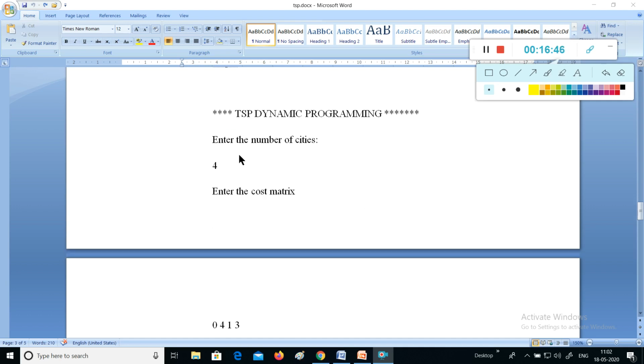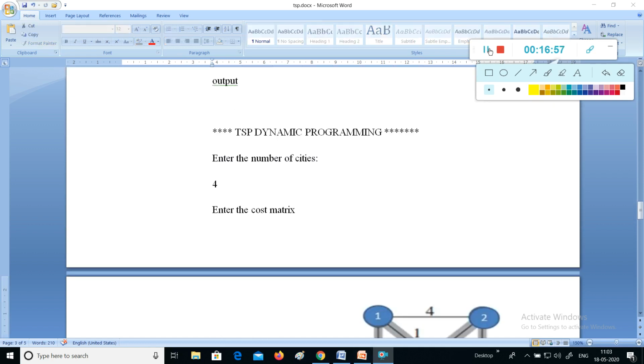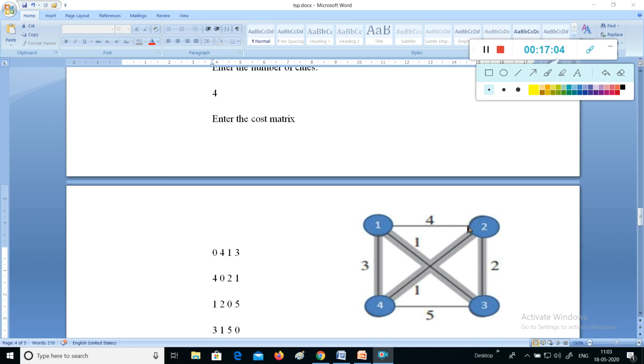So here we are going to take an example that we have taken in the previous presentation. Here enter the number of vertices, which is 4, and enter the cost matrix. If you want to see, we will see the output of the program here. There are 4 vertices 1, 2, 3, 4, or they may start from 0, 1, 2, 3 also.